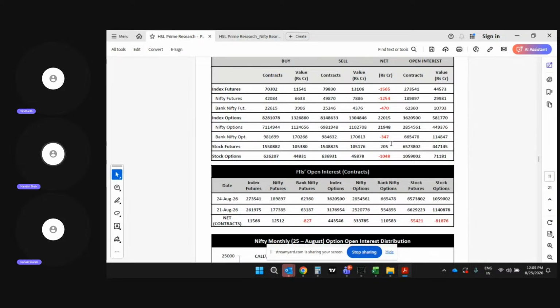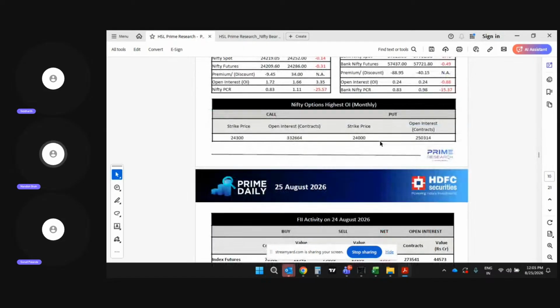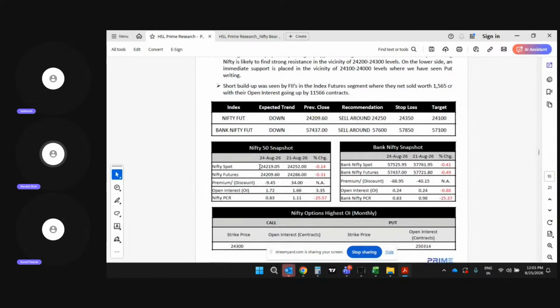Apart from that, just to give a few ideas about Nifty, as of yesterday, Nifty was at 24,219. Right now, it is trading around 24,180. So, if I were to see the performance of the last four series of Nifty, Nifty remained around the 24,000 level. If you were to see the closings of May, June, July, and this August, in all these four series Nifty is likely to close around the 24,000 level.